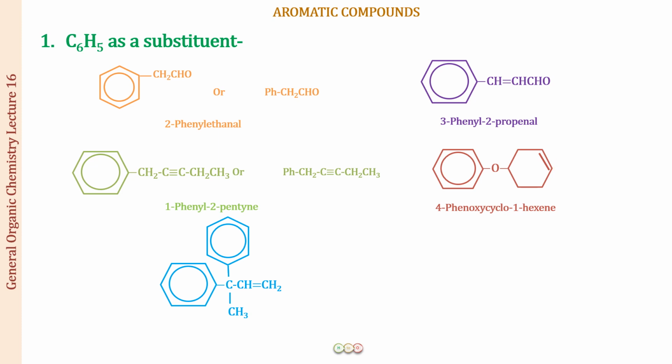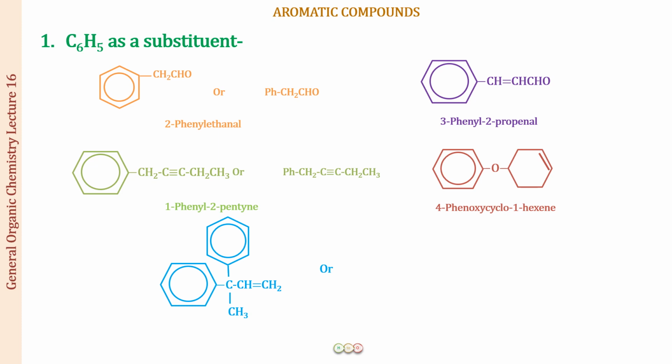So when we do that, it is going to be 1, it will be 2, it will be 3, and it will be 4, because for the double bond you have to give it position numbers 1 and 2. So we will be having the phenoxy group now at position number 4. So the name of the compound becomes 4-phenoxycyclohex-1-ene, or you can just write it simply as hexene as well. So I hope you are getting it, and you are going to practice a lot and perfect yourself as well. All right, let us see one more example.